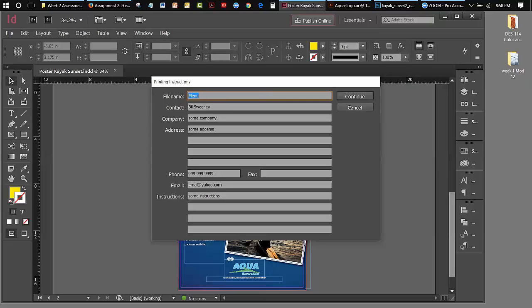I'm going to call this poster. Okay, poster. I just put Bill Sweeney, some company, some address, 999, email at yahoo.com, and some instructions. The reason I did that is because I want you to realize that when you get to this point, you